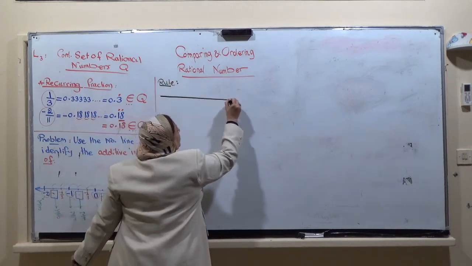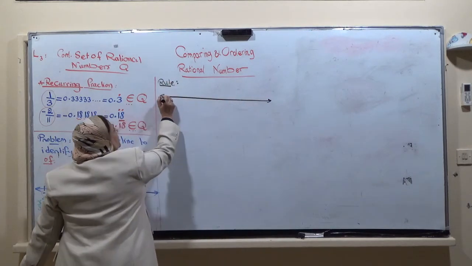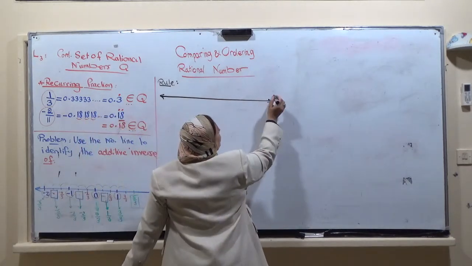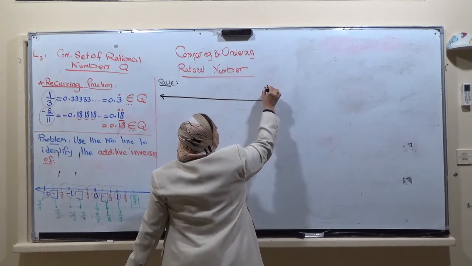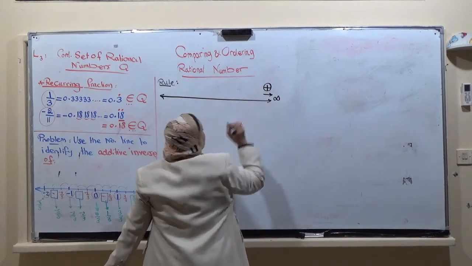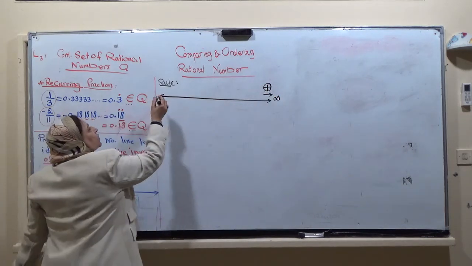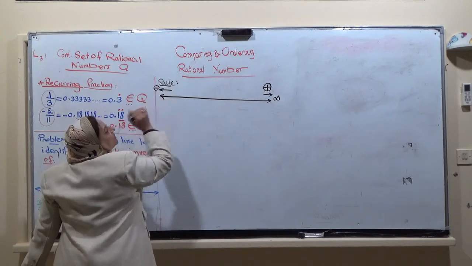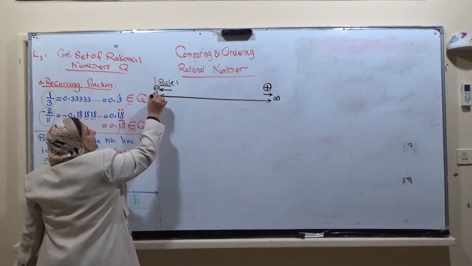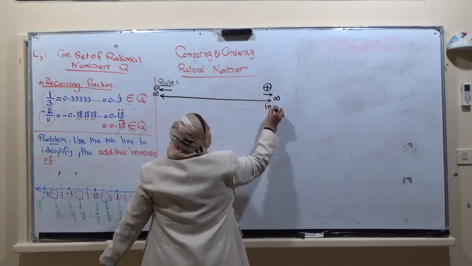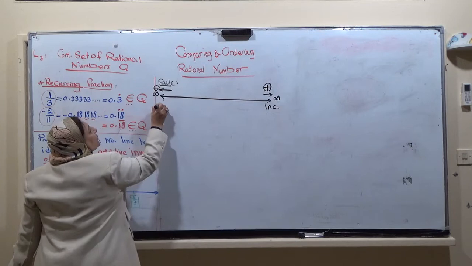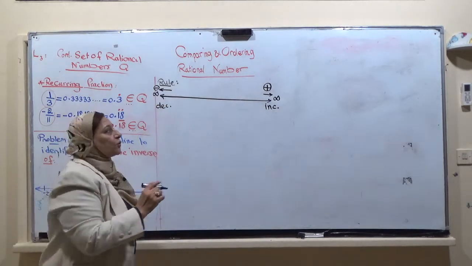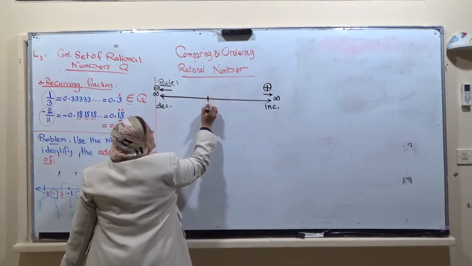If you draw the straight line like this, you have to realize that this direction is the increasing direction up to infinity. If you go back, this direction is the decreasing direction, so it is negative, up to infinity. So this is the increasing direction, this is the decreasing direction. If you follow this rule, you have 0 as the mother,